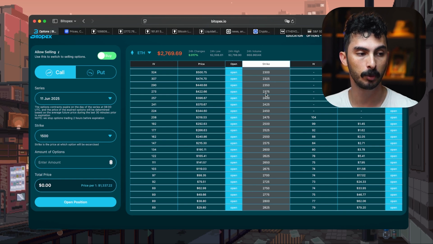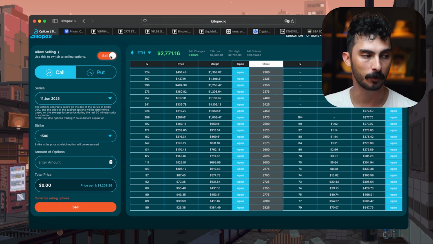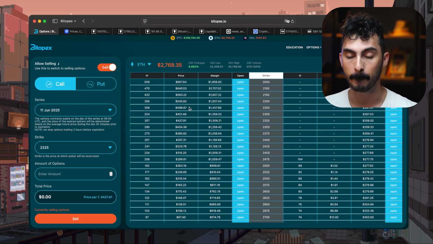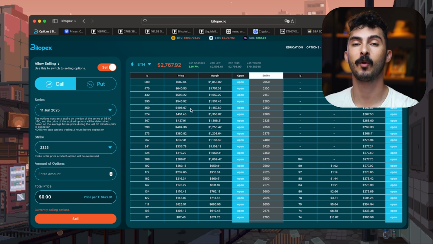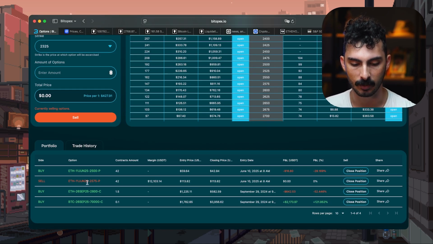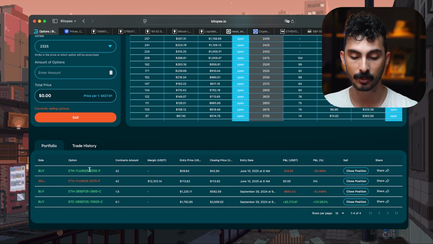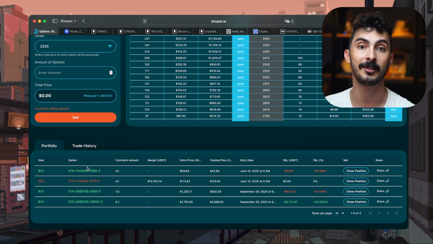So calls and puts. If you see green right here on the buy side, meaning that these are buy prices. If you toggle that to sell, you're going to see different prices, because now these are still calls and puts, but now you're seeing selling prices. So what you want to do with the spread, you want to sell a leg and buy a leg further out of the money. So here, what I did, you can see the 2575 and the 2500. You usually sell the one closest to the price and you buy another one just even further out of the price, because this is going to limit your max loss.